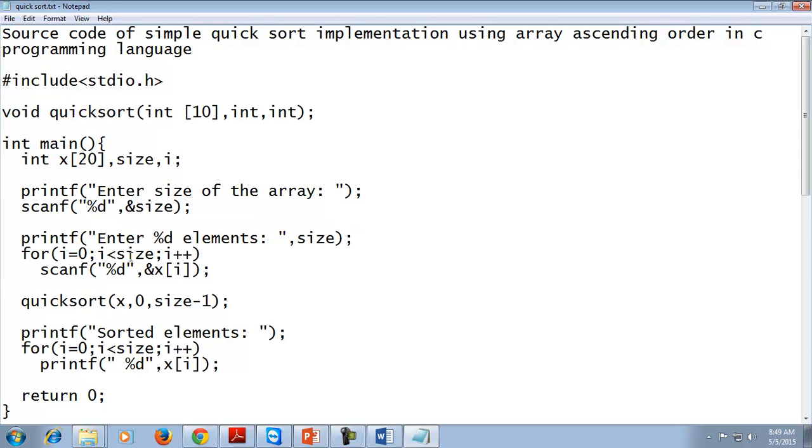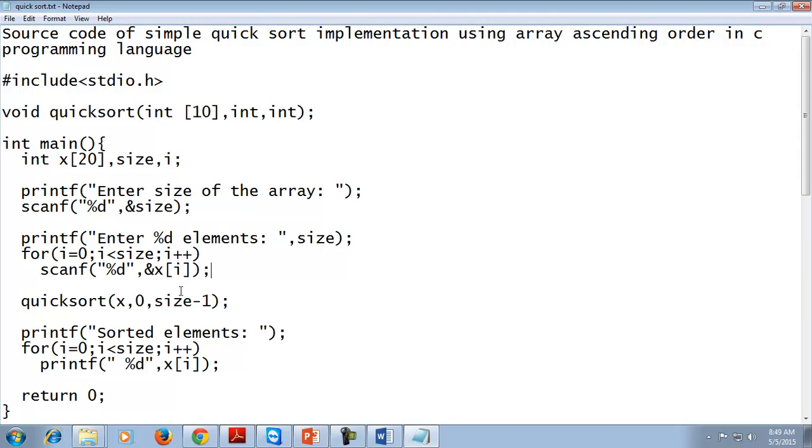The size of the array is already taken from the user in the variable size. The loop will run from 0 to less than size with i++, and values will be inputted into x of i. x is the name of the array and all the values will be entered in the array.